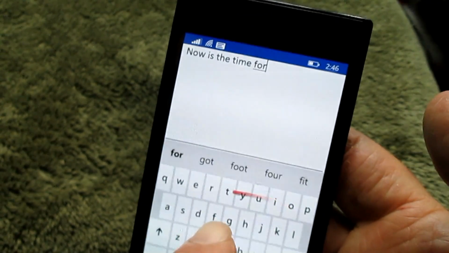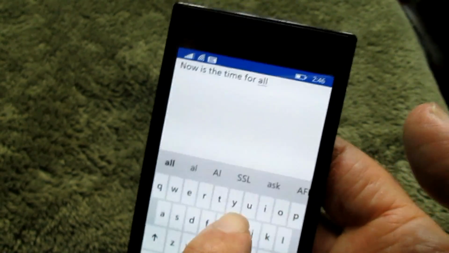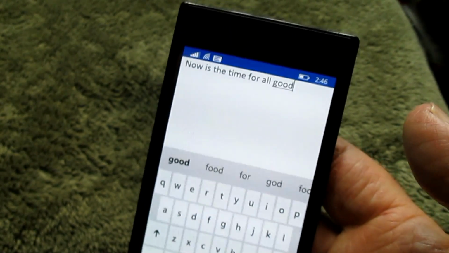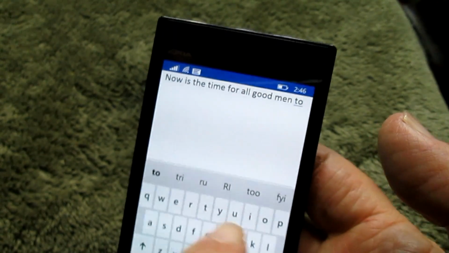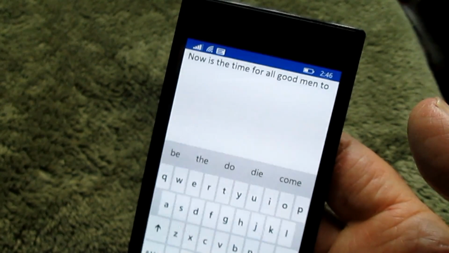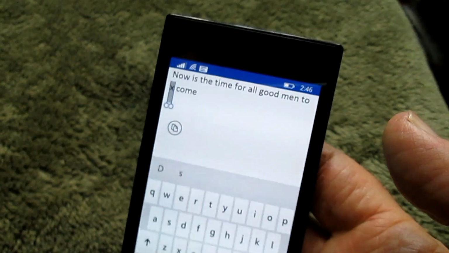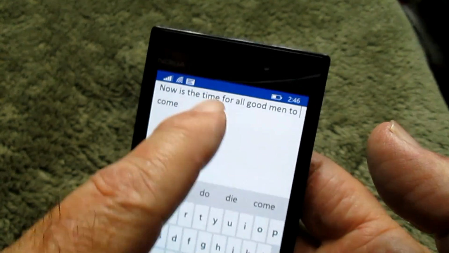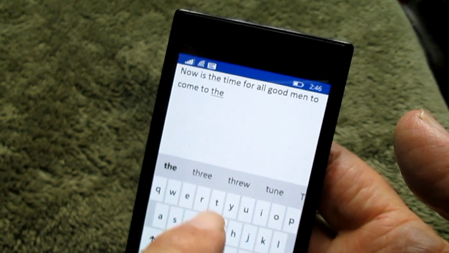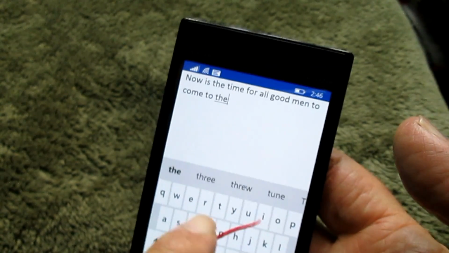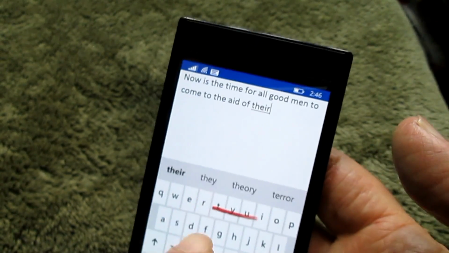So if we say, now is the time for, yeah, that's right. And on, you pause for a second there, wiggle a little bit, all. Good. And then again, correct. Men. To. I can confirm it if I want. Come. I made a mistake, so I can do the usual: go back there, hit backspace, come back here to the end, and continue typing. To the aid of their